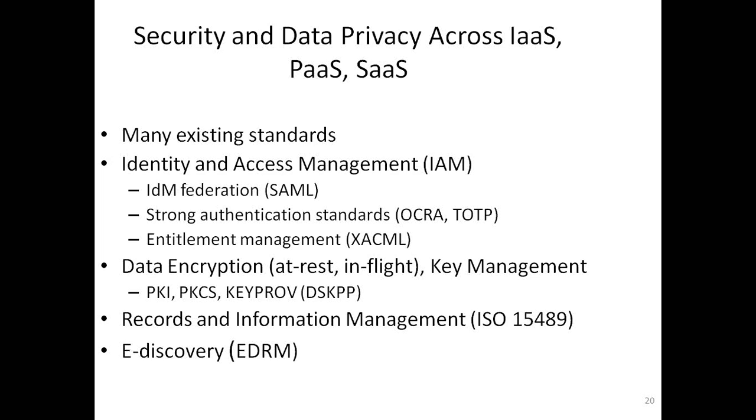Then we need data encryption in two ways: data which is at rest, and data which is being communicated. For these, we need good key management policies, public key infrastructure, and PKCS. PKCS is a group of public key cryptography standards published by RSA Security. They started this in the early 90s. They want to promote the use of cryptography techniques like RSA, Diffie-Hellman, all good algorithms. And we have what is called CT-KIP, provisioning of symmetric keys in a dynamic way. Dynamic Symmetric Key Provisioning Protocol, DSKPP, is a very good way to use one-time passwords dynamically.